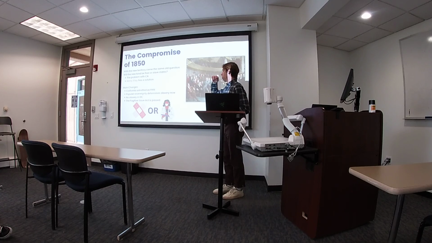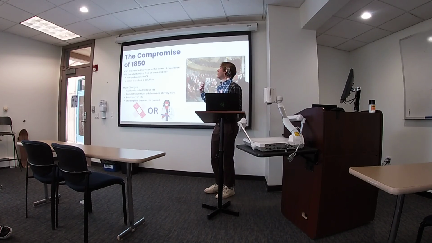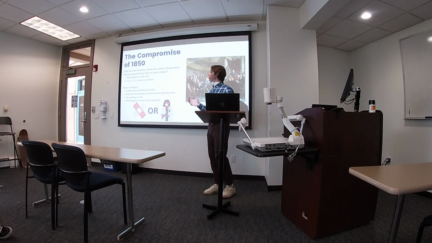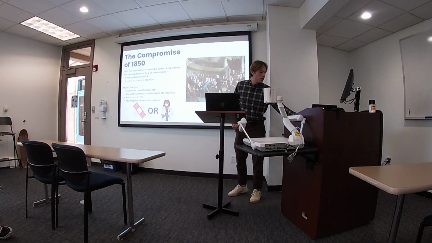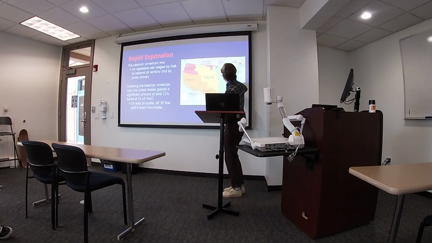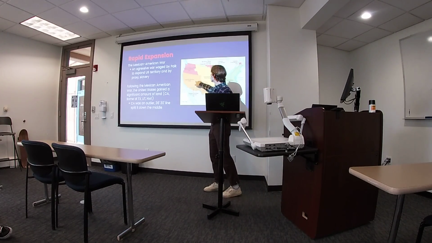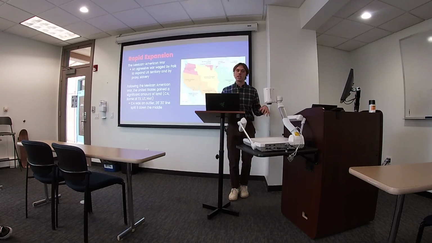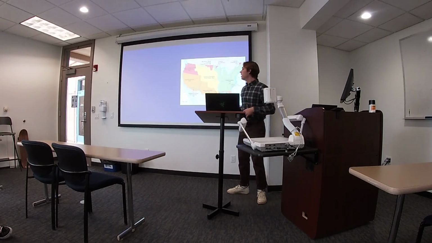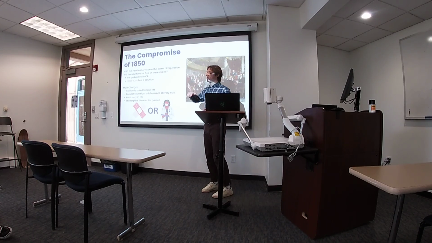So that brings us to the Compromise of 1850. Will the new territory that came with the Treaty of Guadalupe Hidalgo be slave or free? And the main issue comes with California. Bring us back to this slide. If you can imagine the 36°30' line, it cuts California right in half. It doesn't work the same way like the other territories did, where we can just say everything above is slave